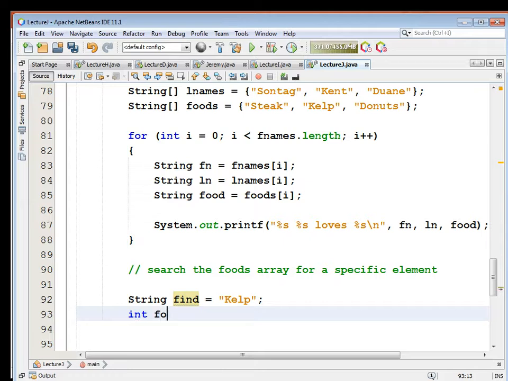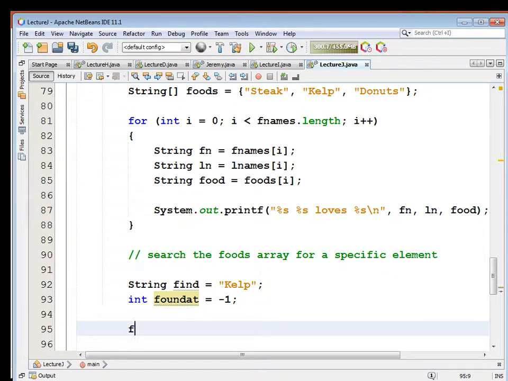All right, now let's find it. So we're going to create a value called foundAt, and I'm going to set it equal to -1. And if we get to the end of the array and foundAt still equals -1, that means we never found it. Now we need a for loop. We're going to search the foods array. So for, and again, we can't use a for each because if you're using for each, you don't get an index number, you just get values. So for int i equals 0, i less than foods.length, i plus plus,